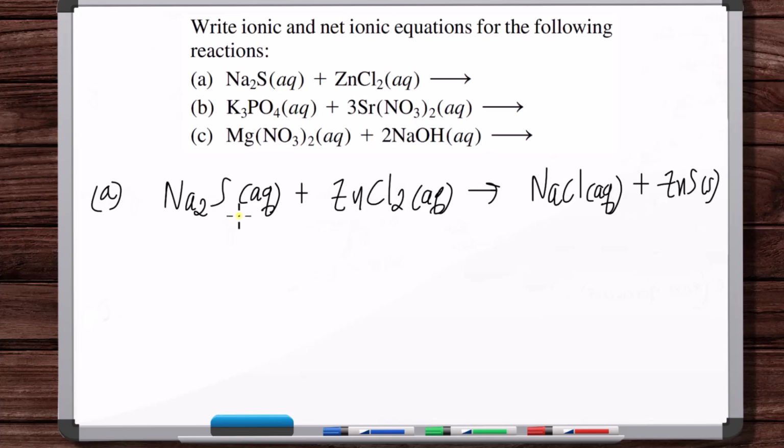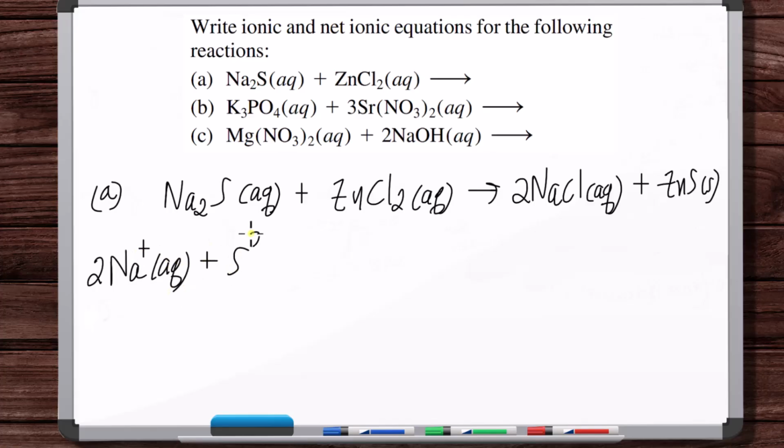Now let's balance this. You have one sulfur on the left, one on the right. Two sodiums on the left, now two on the right. Two chlorines on the left, two on the right. A zinc on the left, zinc on the right. So there we go. Now, the ionic equation, you have 2 Na plus